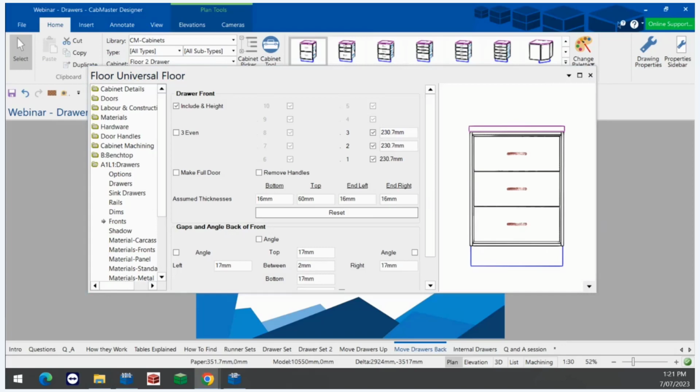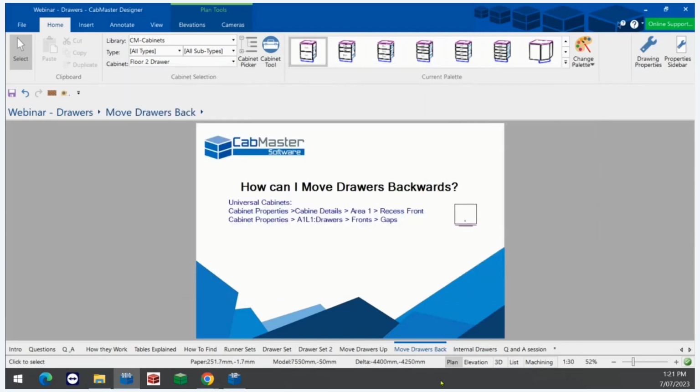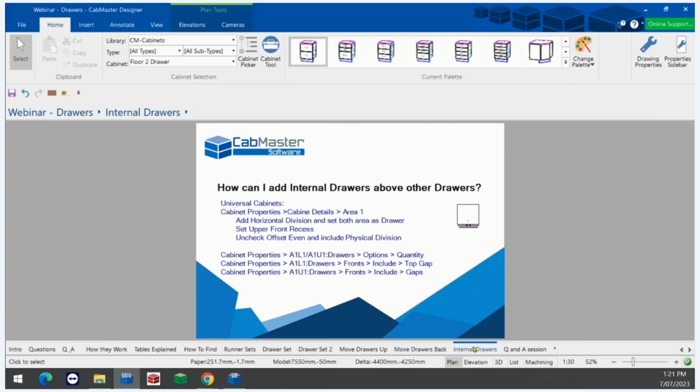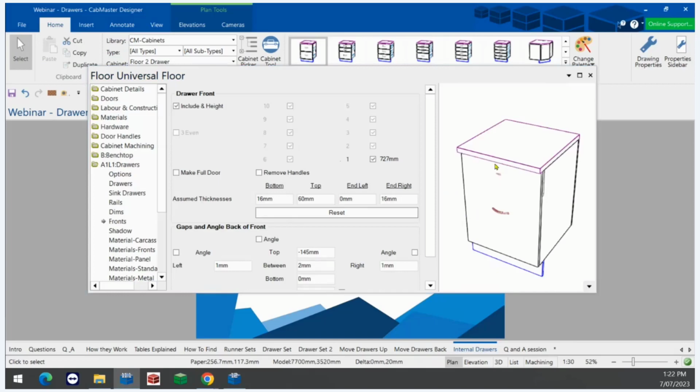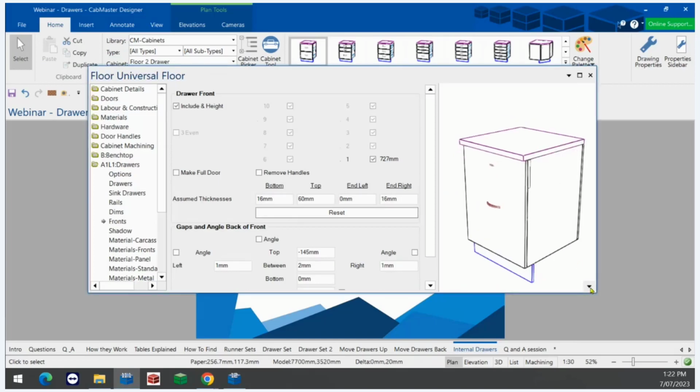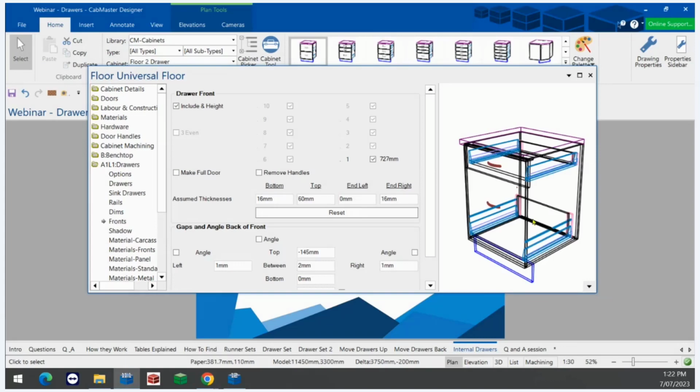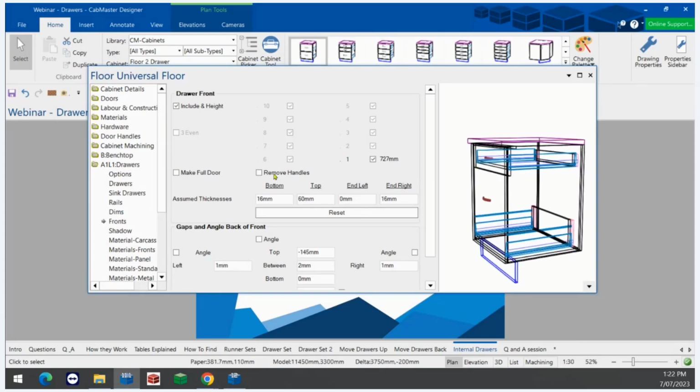Okay. So we'll close that down. Internal drawers. So what if we want to put an internal drawer above another drawer so that they are both behind the same drawer front? I'll put this back to 3D wireframe so we can see what it's doing. Firstly,